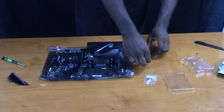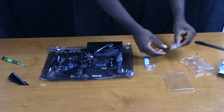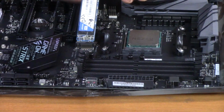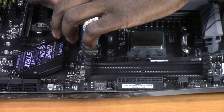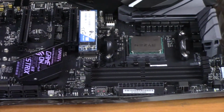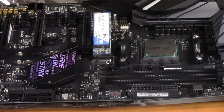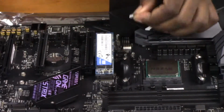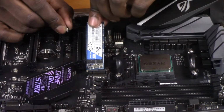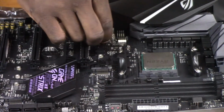We're going to need the SSD itself and the screw from our motherboard box. So we go in from the top at an angle similar to SODIMM RAM, and then we place our M.2 at its edge, right there. And as it's tilted, we'll take the screw from our motherboard box. One thing I forgot was you are going to need this little standoff here, and you are going to need to screw that in right below your motherboard. So I'm going to take this out, place the standoff inside of the screw hole, screw that down,